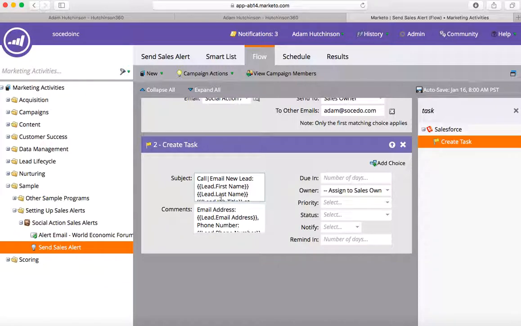So again, same thing here. We'll just set this up. We have to customize this a little bit. We're going to go ahead and keep all of that, but we're going to say new social action on that lead. And then we're going to go ahead and add in the comments here, keep their email address. We're going to keep those fields, right? So we had